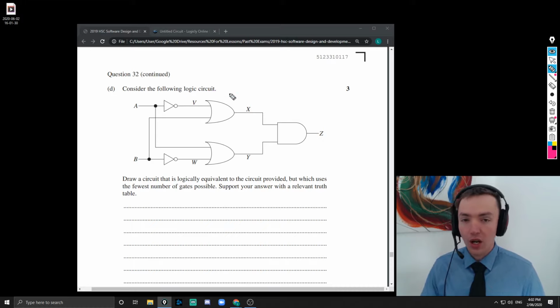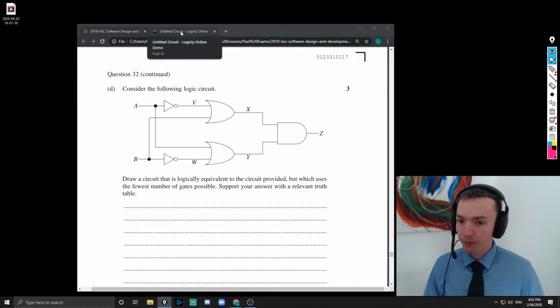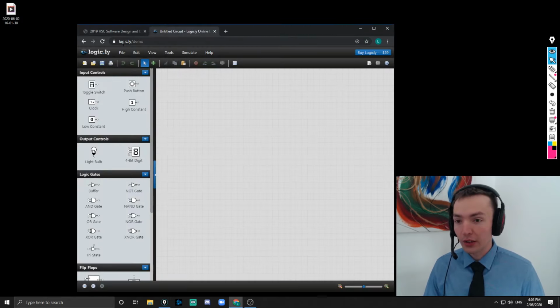In this video, I'm going to show you all the concepts related to logic gates so you can answer this question. I'm going to assume that you know nothing about logic gates, or maybe you've learned a bit, but you're still not quite sure. So we're going to answer this question, but first I'm going to show you a bit of logic gates. I recommend to all my students to go to this website called